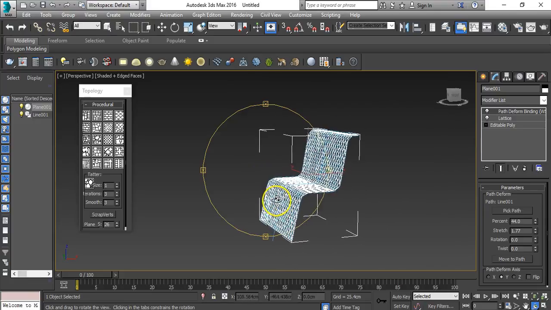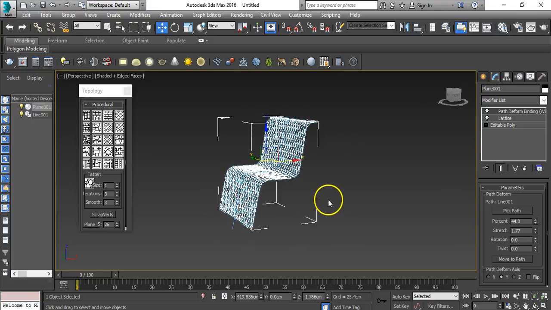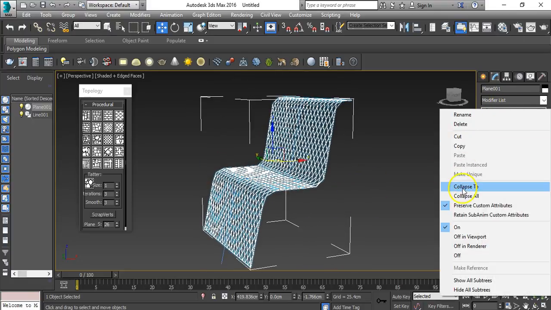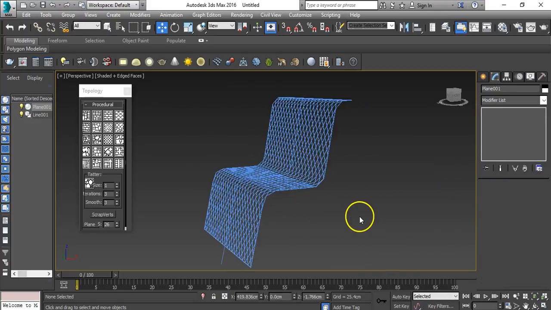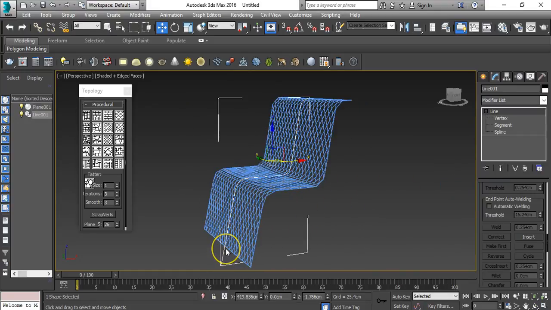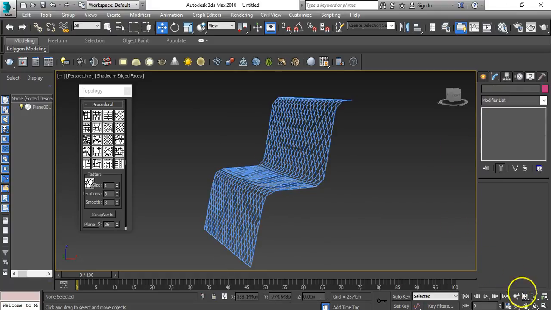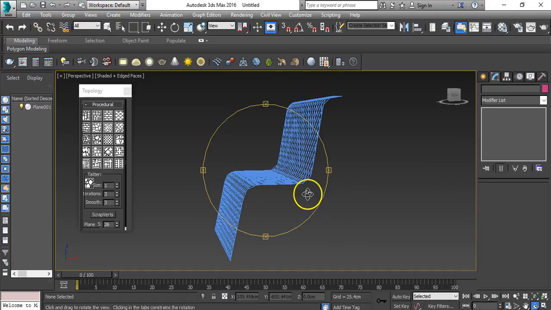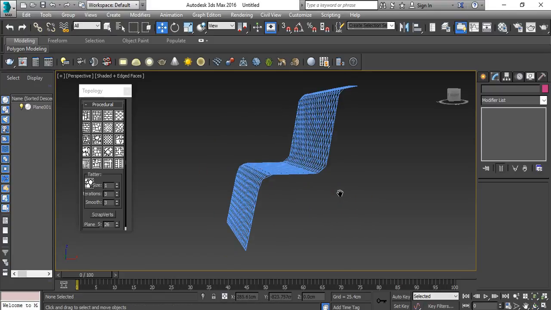Okay, this is nice. And then I will click here and collapse two, and yes, so you have a chair like this. And let's create some supportive legs here, and for that what we can do is